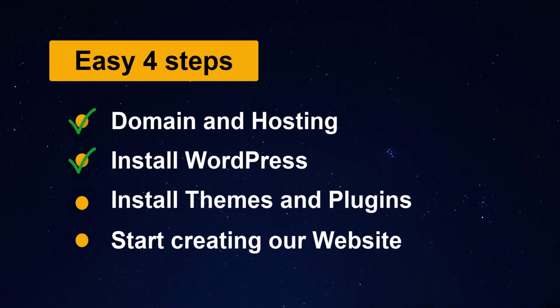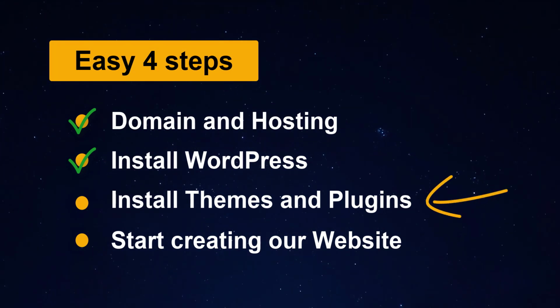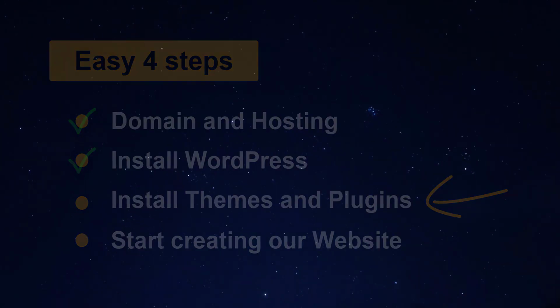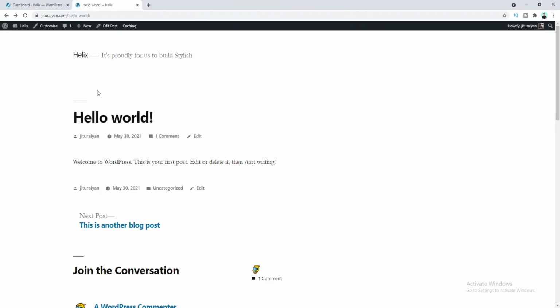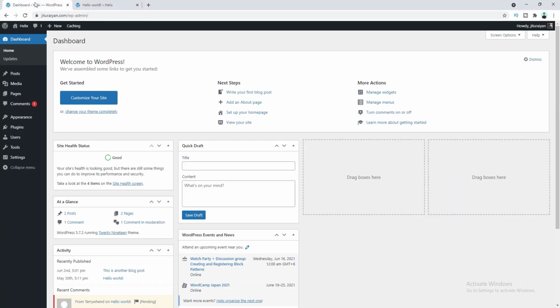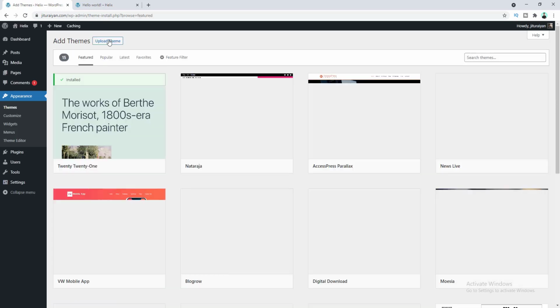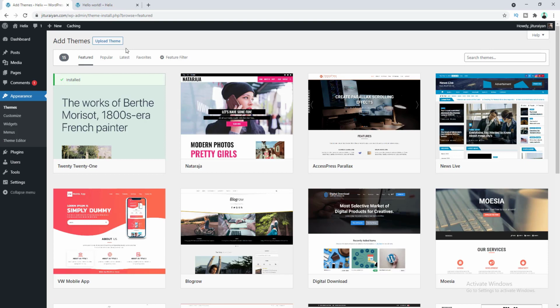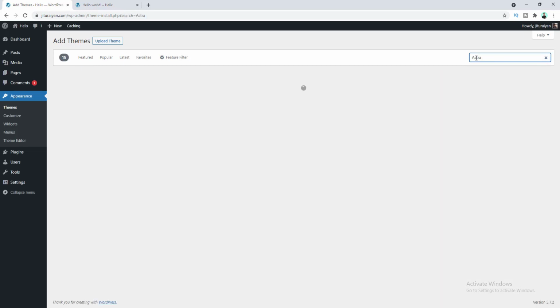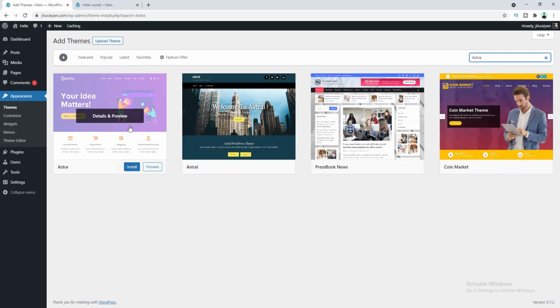Right now we will install a theme and also install some additional plugins to make our website. So for this, let's go to our WordPress dashboard, and here under appearance, go to themes. From here I don't want to use any of these existing themes. I want to add a new theme here. So let's click on this add new button, and here on the top right corner I search for a theme called Astra. Okay, let's install this one